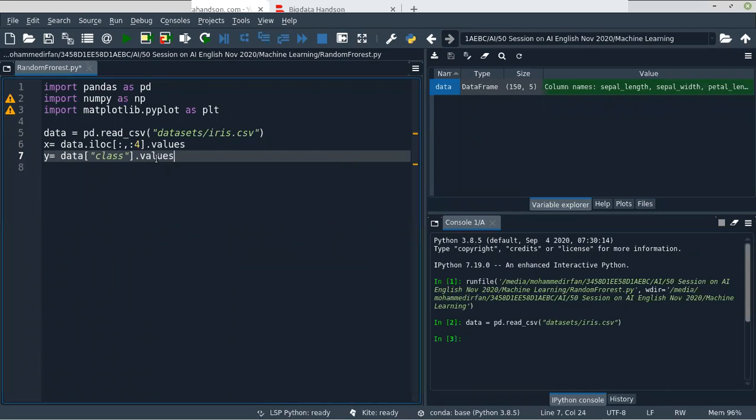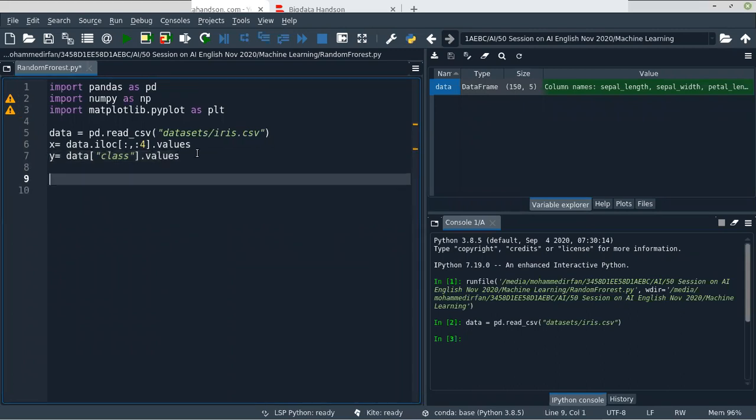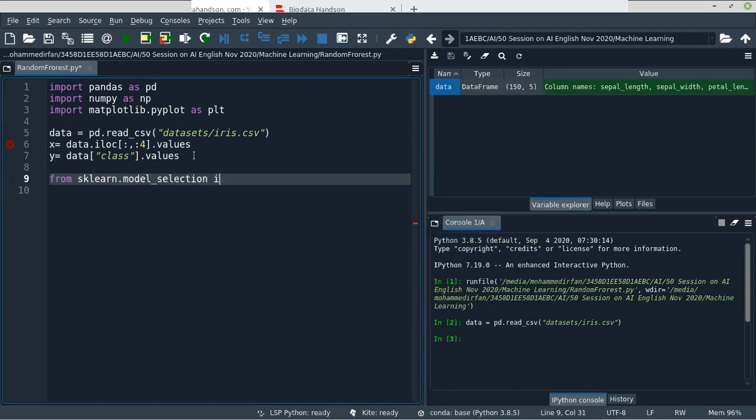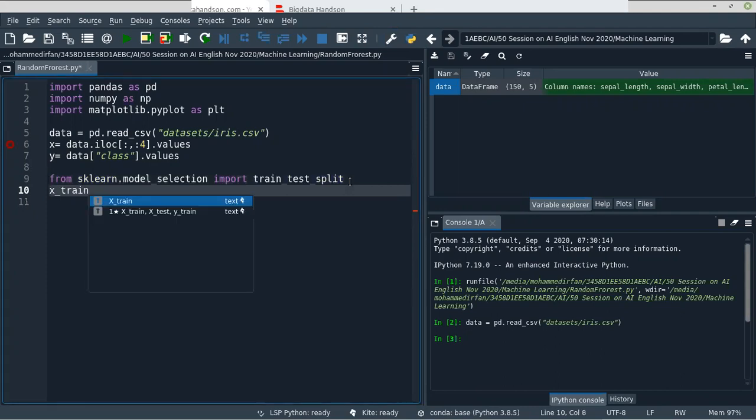Then we need to split the data set into training and testing. Let me import the train test split function from sklearn dot model selection. This will return four values: x train, x test, y train, y test.